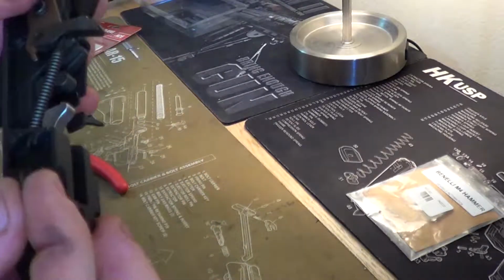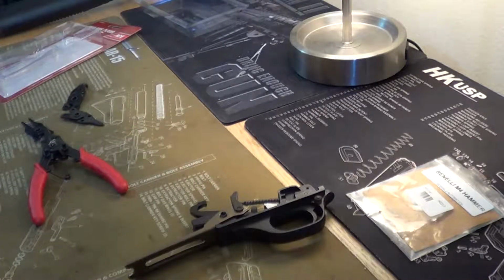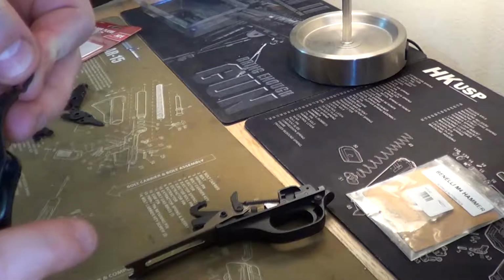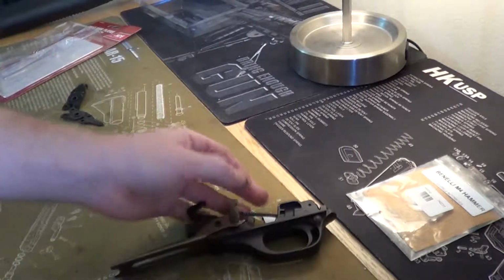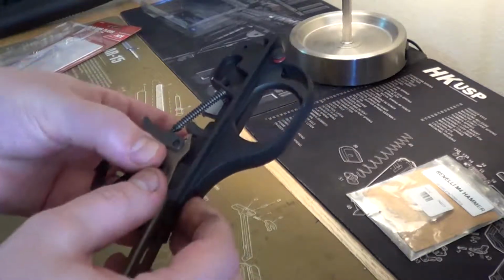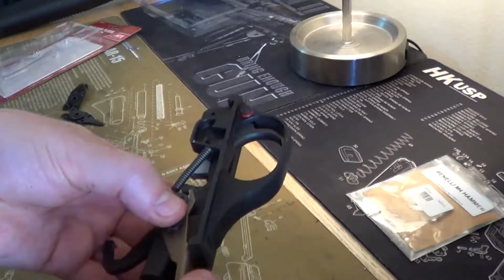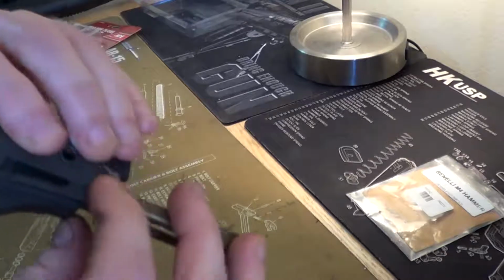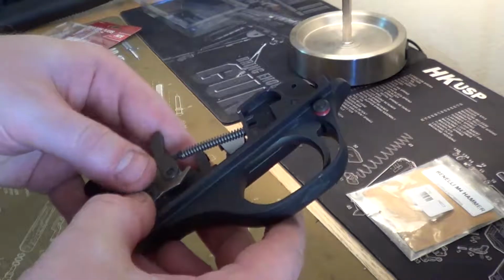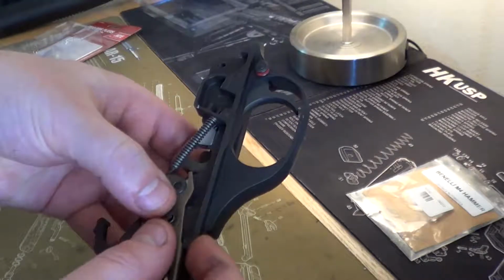Let's go ahead and get the snap ring back on here. The pain that is otherwise the hardest part of the job here. So hopefully the view isn't too horrible, but I'm going to kind of go like this, get it all ready to go, push from the other side. This all has to come together. The pin is of course exactly the right size and not even a hair longer. So let's get it oriented,